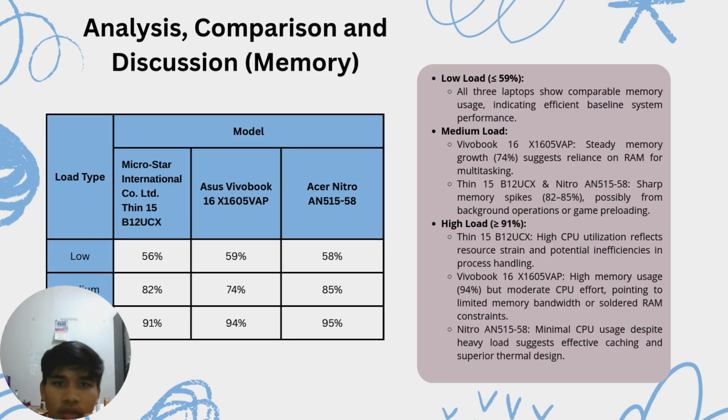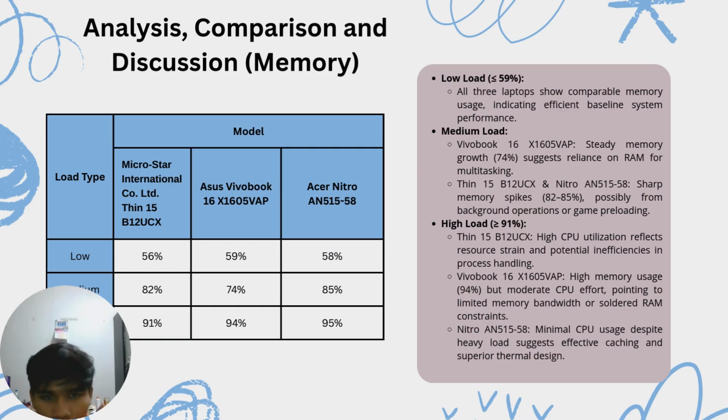Based on the analysis and comparison discussion, for the low load, less than 59%, all three laptops show comparable memory usage, indicating efficient baseline system performance. For the medium load, the VivoBook 16 shows steady memory growth to 74% with moderate CPU use of 70%, suggesting reliance on RAM for multitasking. The MSI 1015 and Nitro show a sharp memory spike, 82 to 85%, possibly from background operations and